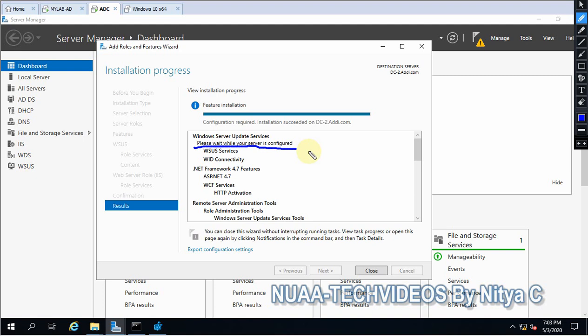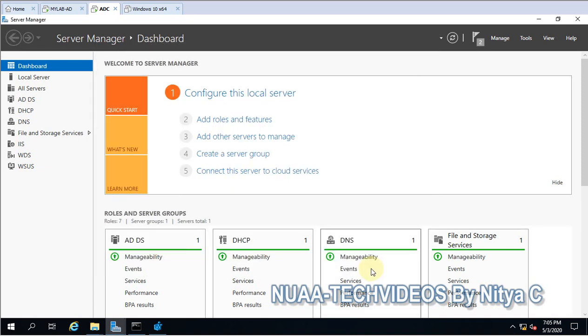And along with this, the IIS role also will be installed if you are installing the WSUS server. And do not make any changes while the IIS features and the wizard appear for the installation. So once this is completed, and after that, one more wizard will be initiated. So as you can see, the configuration is successfully completed. So we can close it.